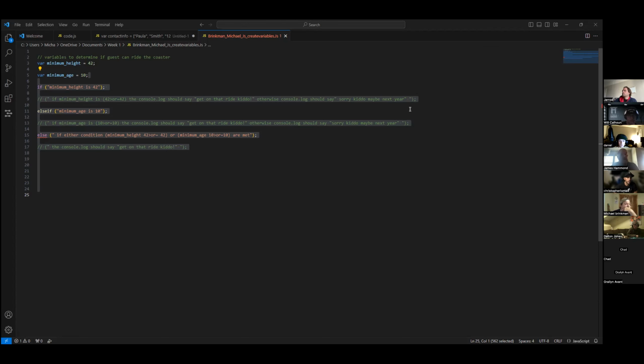Okay, so anybody want to take a crack at maybe the first portion of this? So the first if statement for the minimum height is 42. Your variable is going to be the minimum height. Yeah, it's already been declared. So it's got to be greater or equal to 42. So you code it in, it'd be minimum height, greater than sign, equal sign, then 42. Where did we put that? Line 7. Okay, so line 7. You're saying that we already have a variable called minimum height, so we can actually refer to that. So if we get rid of this here,